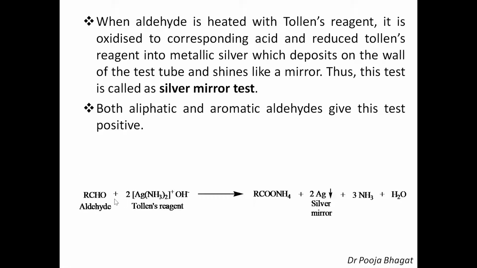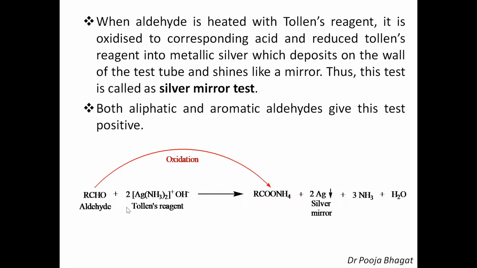So this is the aldehyde molecule. This is the Tollens reagent. Now the aldehyde molecule is getting oxidized to acid, but since excess ammonia is there in the reaction mixture and ammonia is acting as a base, the base will react with the acid to form the salt, and therefore the ammonium salt of the acid. Okay, so this is the oxidation reaction. Aldehyde is getting oxidized to acid.